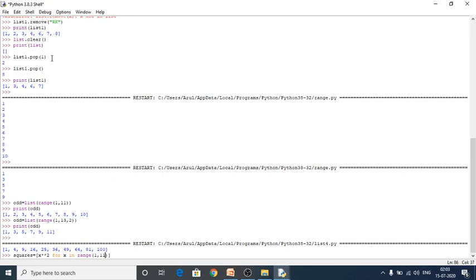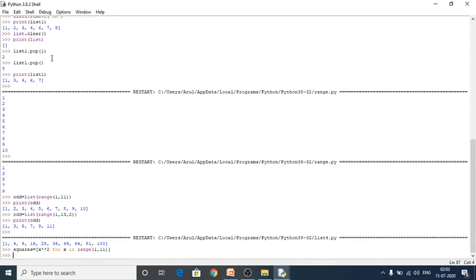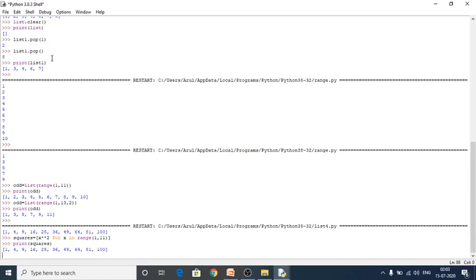Step value is optional, so there is no error. I am going to print my list. Here I have to give the list name, squares. Yes, same result that I got there.